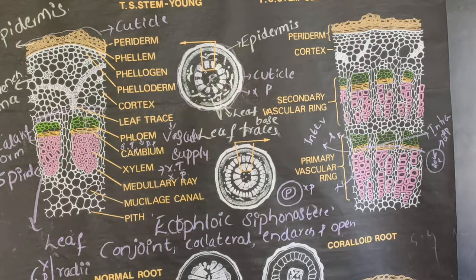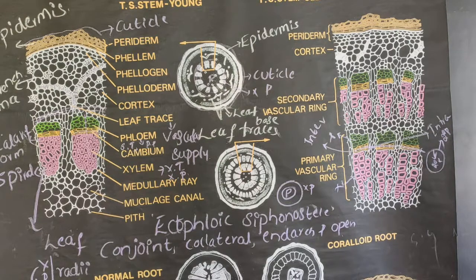Usually, in case of dicot stem, a single growth ring is formed every year. That's why this is known as annual ring, annual ring in case of dicot stem. But in case of cycas, what happens? A ring is formed for every 2 years. In some species, every 1 year a ring is formed, but usually it is formed every 2 years.